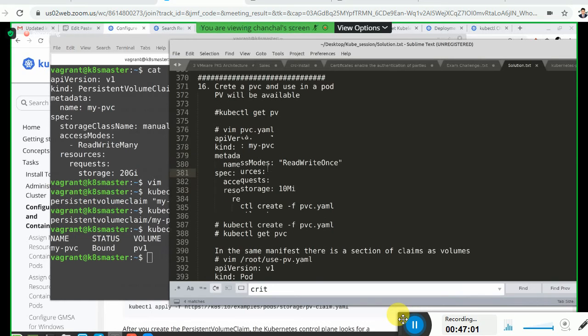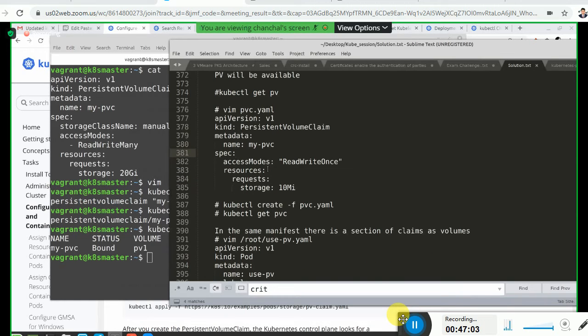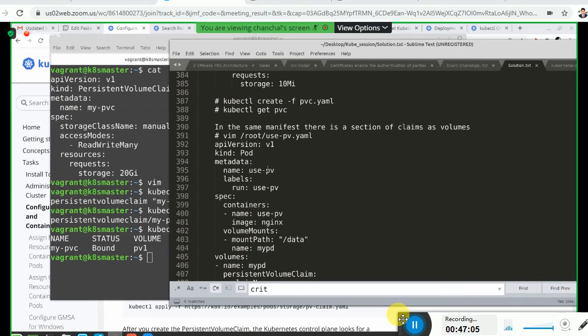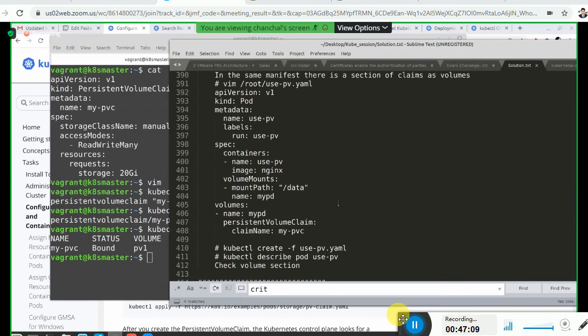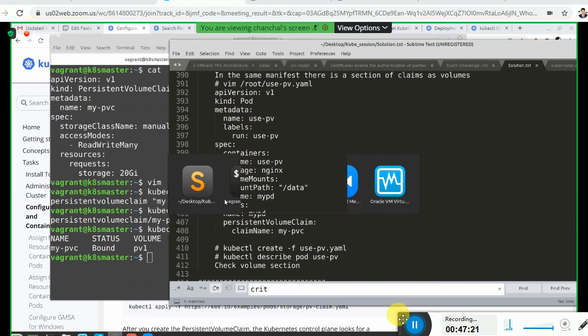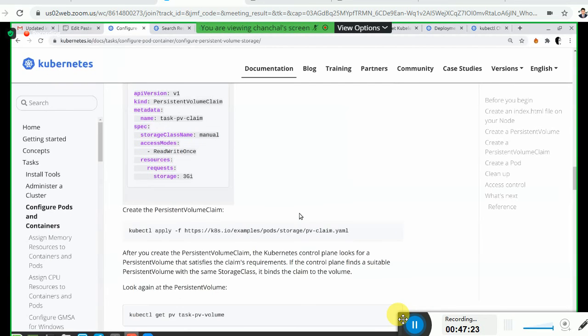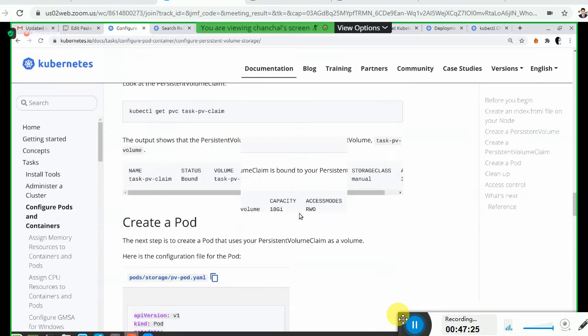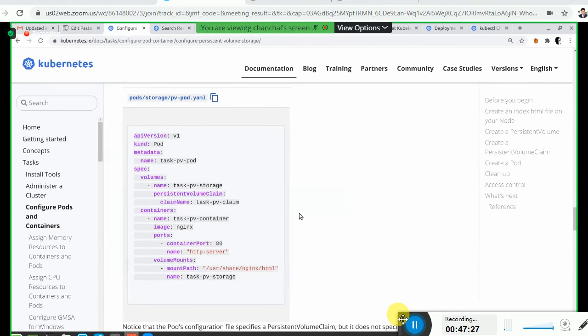I'm going to write down this solution on your page, and next we are going to use a container that is going to use this volume. So where from can we get this code for volume and volume mounts? Persistent volume claim and volume mount. Let's find that out from this documentation page itself, whether we can find similar pod code. Yes.